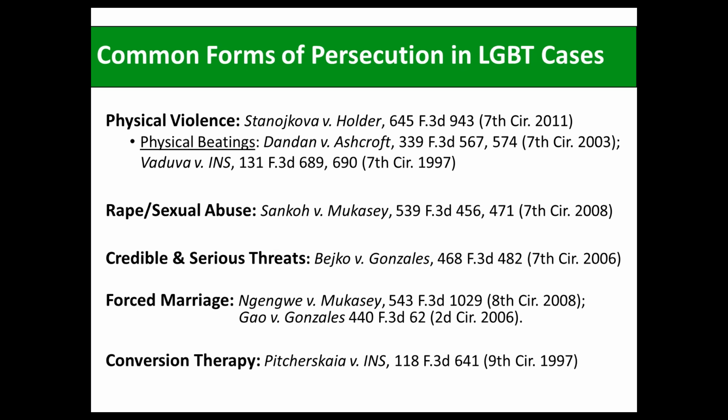And unfortunately, we oftentimes see that our clients have experienced rape and sexual abuse, and it counts as persecution if it was done on account of somebody's sexual orientation or their gender identity. Many clients are victims of sexual violence, often at a young age, and sometimes even before the applicant was aware of their sexual orientation. So these cases can be viable, and there is a chance that the sexual violence is a form of past persecution on account of the individual's perceived sexual orientation. So spend some time exploring